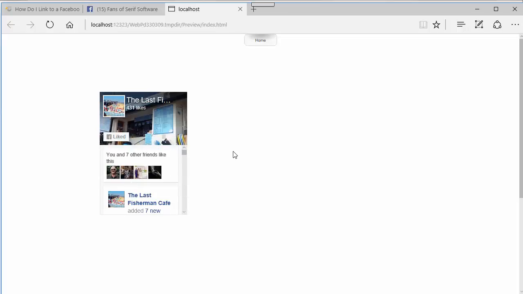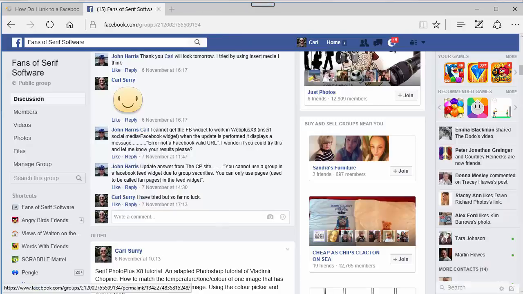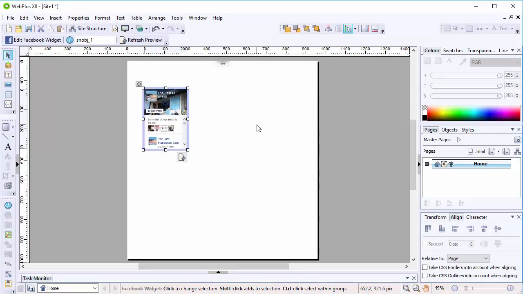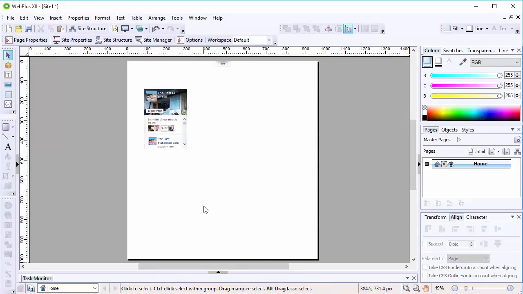And so I'm guessing that is what John was after for his particular website, to link to one of his Facebook pages. Let me just close that one down. Get back to WebPlus. Now the only problem there is it only works with certain pages, like I mentioned earlier,